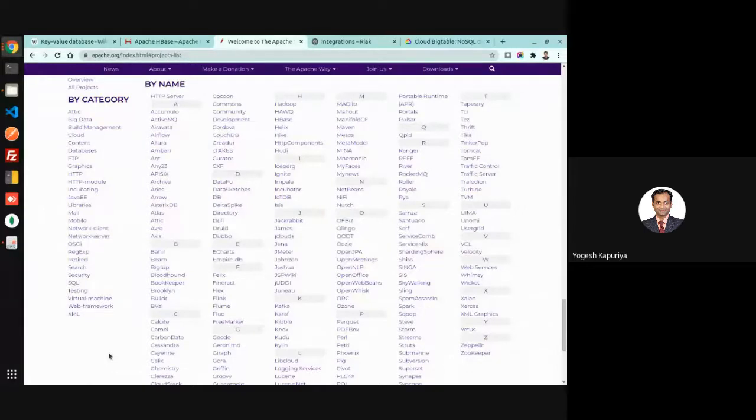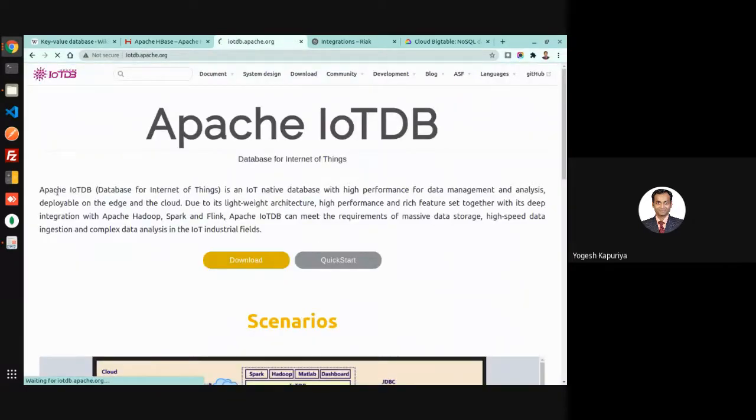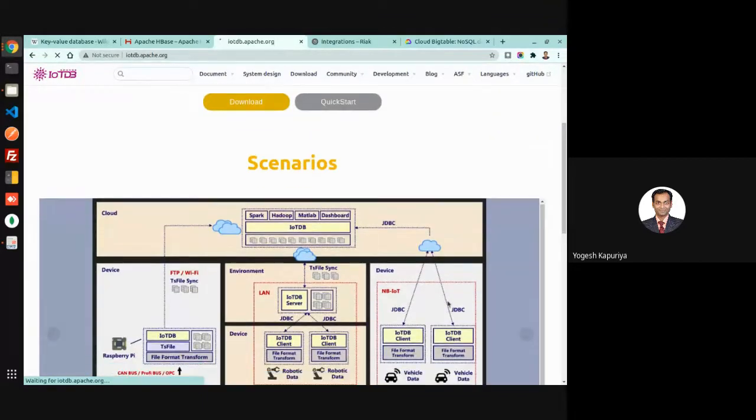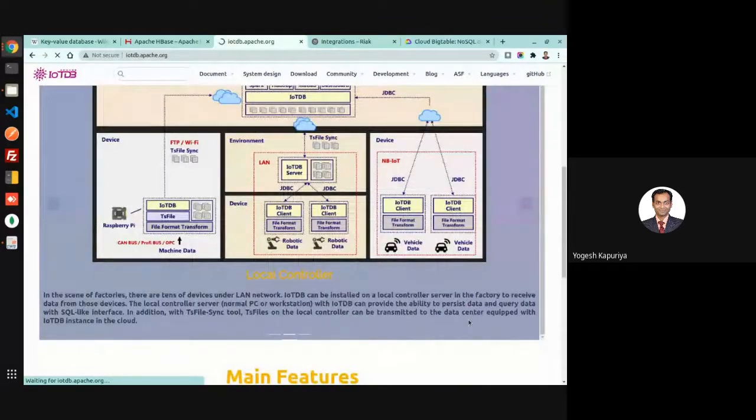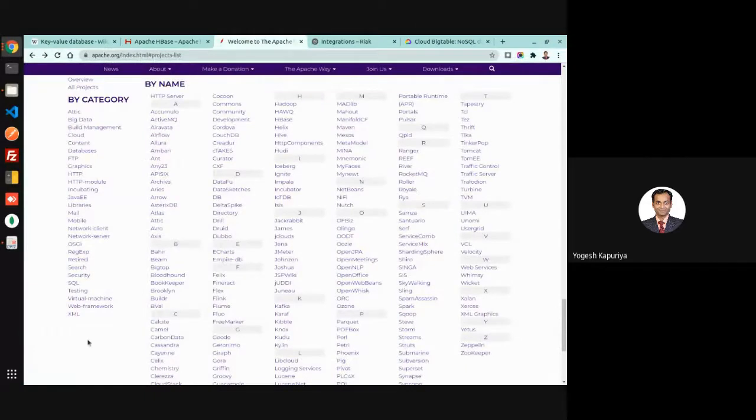So there are a number of products based on your requirement. Let's say this is IoTDB. This is a specific data store which is made specifically for IoT applications. If you find some time, you should at least have a quick overview of what is there in the market.